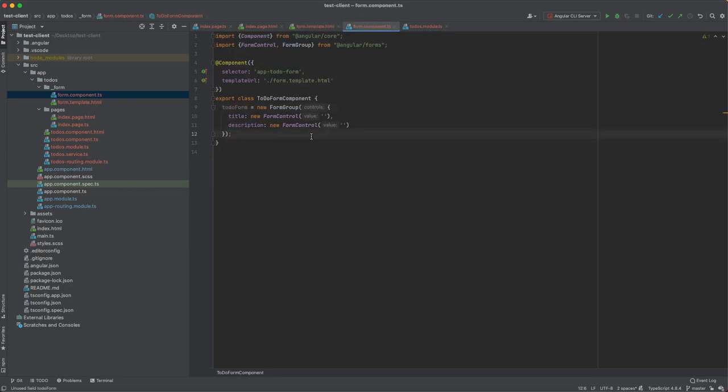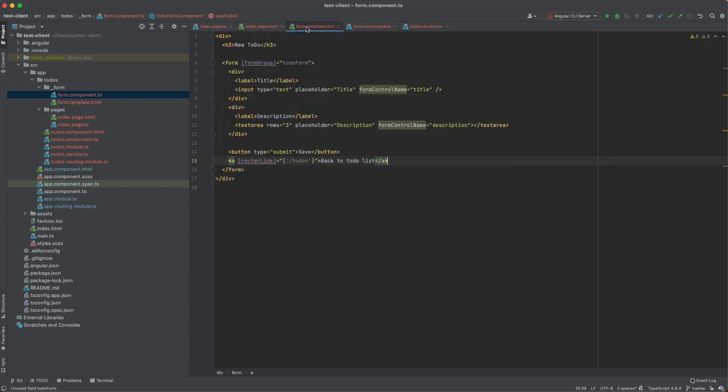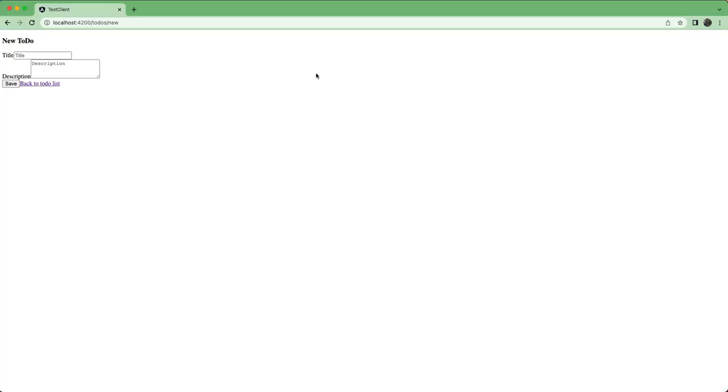Then we need to add the submit function. So for now, what I'm going to do is I'm just going to print in the console the value of the form, just to check that it's working. So let's add it to the form and just submit, save todo. Okay. So let's look at this one. Let's inspect